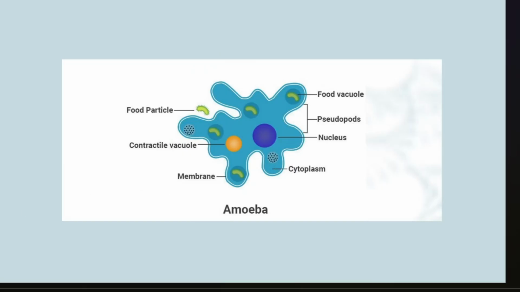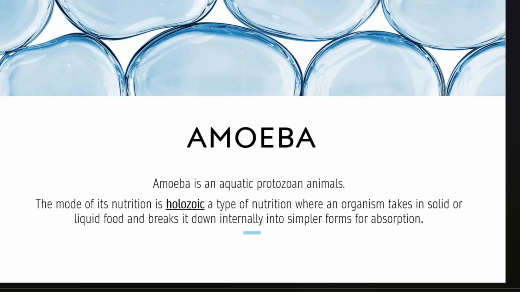Now move on to the next slide, that is, what is amoeba. Amoeba is an aquatic protozoan animal. Aquatic protozoan animals means those which are found in water bodies like oceans, lakes or rivers. And the mode of nutrition which the amoeba uses is